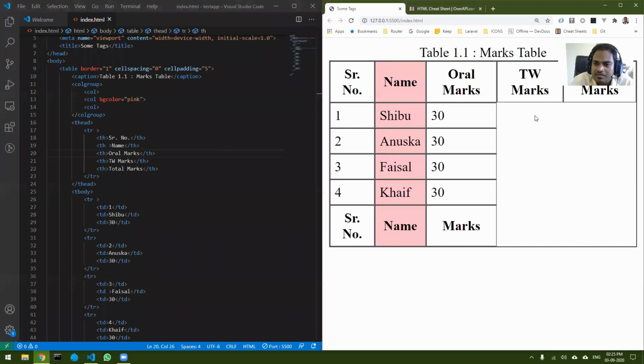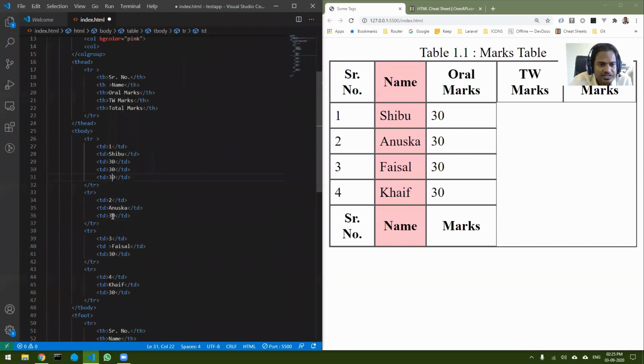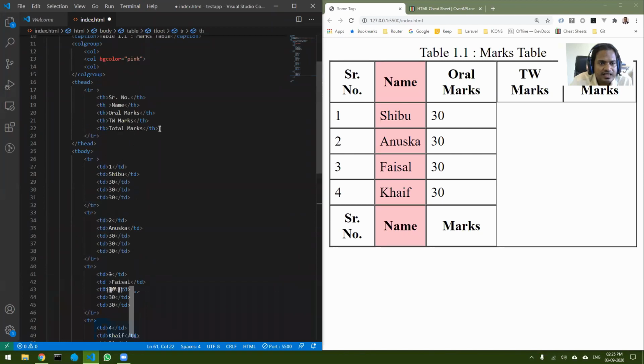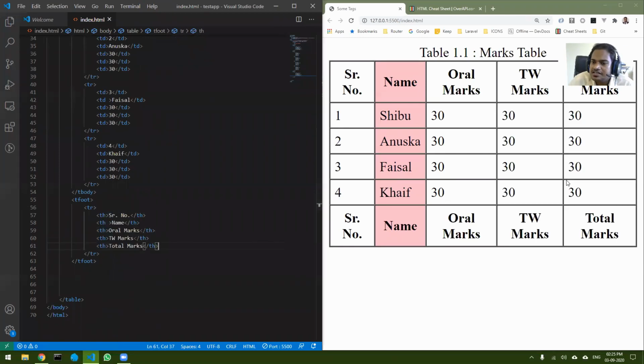And because the header has extra columns, but the remaining rows do not have other columns, that's why the right part is empty. Okay, so because we have 5 columns, we should also have 5 columns in the other TRs also. Okay, so let's just add additional columns. And I think I can copy this from here, because header and footer, let us keep it the same. Okay, and this is how it looks.